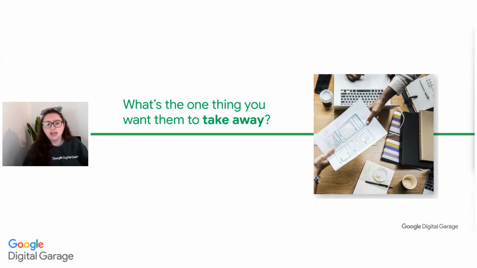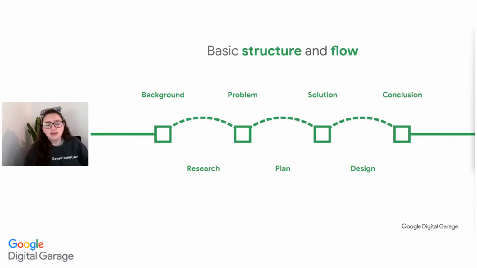So when you're starting to create your presentation, you understand exactly what you want within that structure, within that narrative that you're creating. And then you can start to come to your structure and the flow of your presentation. So that top row there, just like a novel, just like a story that you would read, have you got a beginning, a middle, and an end? So your beginning is your background, where you've come from, why you're here. But you've also got that problem. This is the problem I want to talk about today.